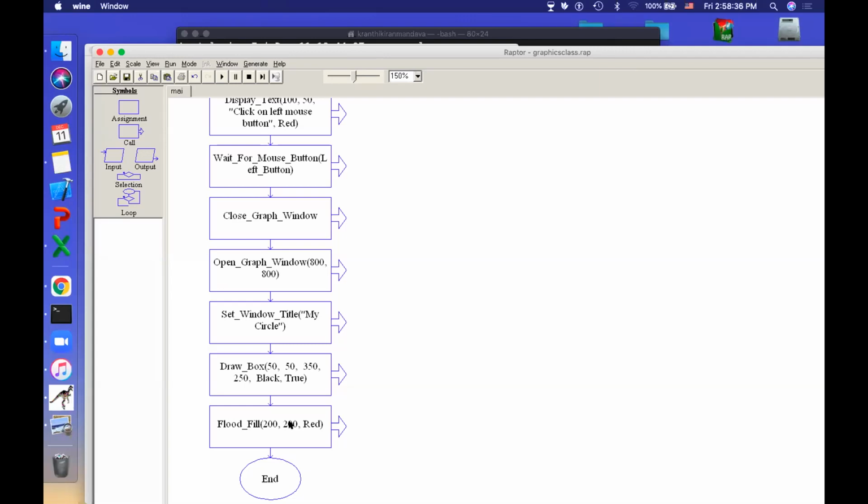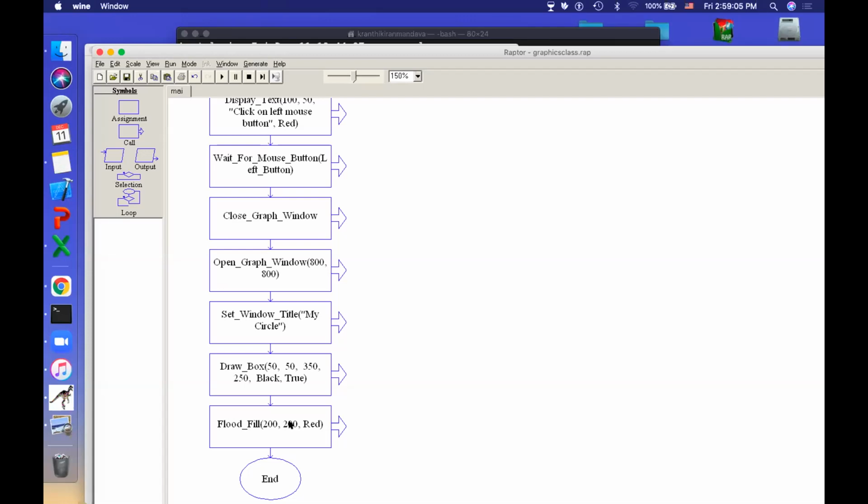Sir, the coordinates of flood fill should be within the range of coordinates of the box or whatever shape we take. That's correct. So if you start at even one point in between in the box, if you say fill a particular point, it will not only fill that particular pixel, it will flood all the pixels with the same color until it finds a border pixel. Did you understand? See, the box is in black color.